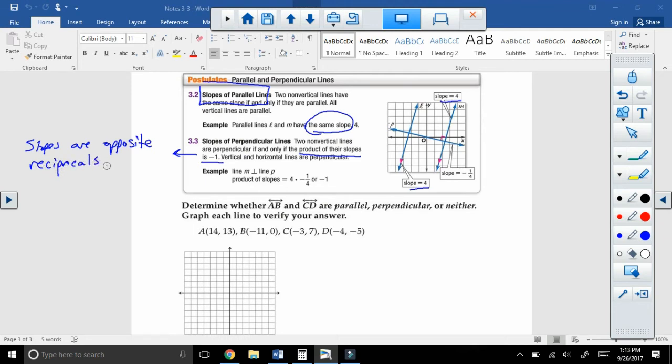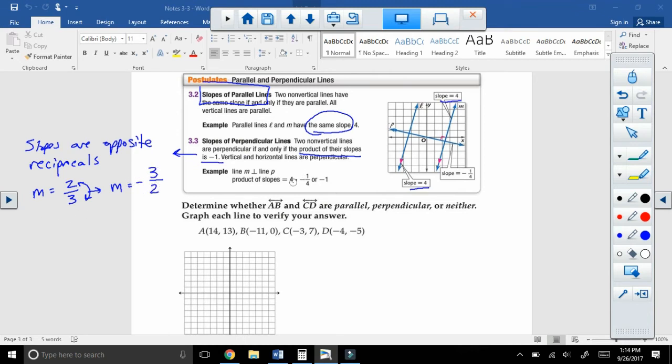And I think that's easier to remember than that their product is -1. It's saying the same thing, just using some different words. So let's say I have a slope of one line that has a slope of 2/3. Well, its opposite reciprocal, opposite would make it negative because it was positive. And then the reciprocal, remember, is when you take that fraction and you flip it upside down. So the opposite reciprocal would be